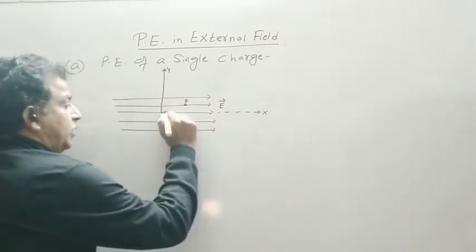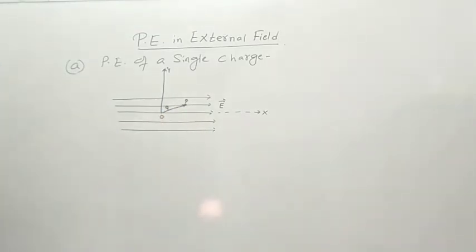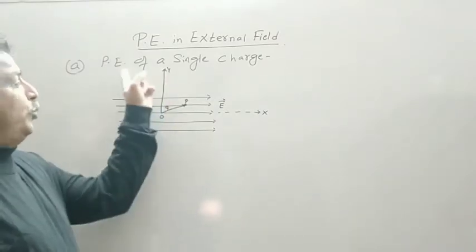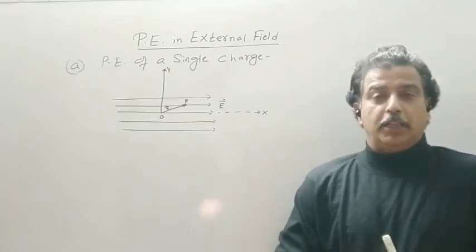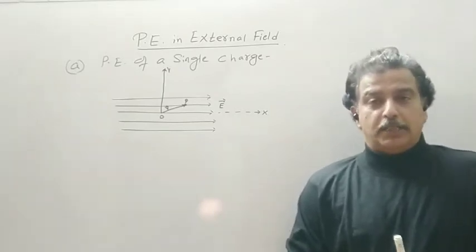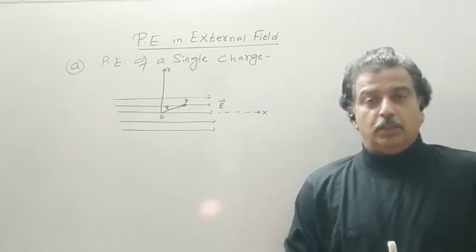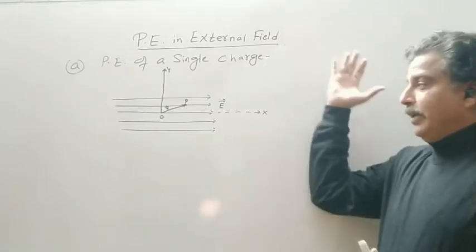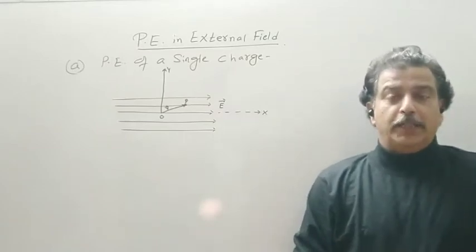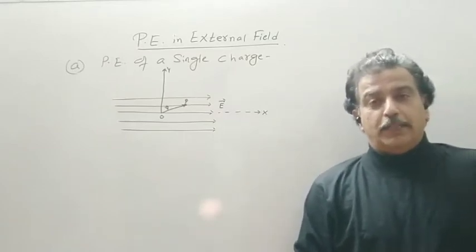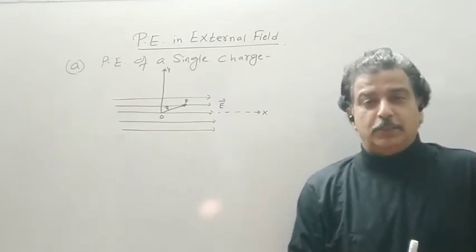Let this position vector be R vector. Now in order to find out the potential energy, the rule was to first find out the work done to bring a unit positive charge from infinity to that point in the system. And the work done to bring a unit positive charge is known as the potential. Now whose is this potential? Potential is always of the source.